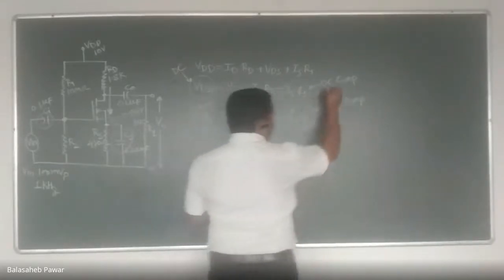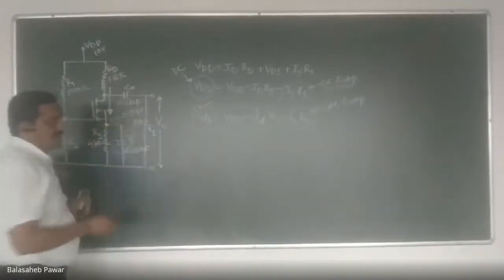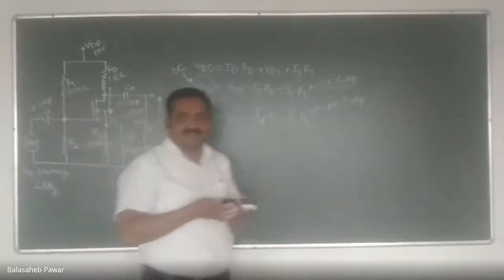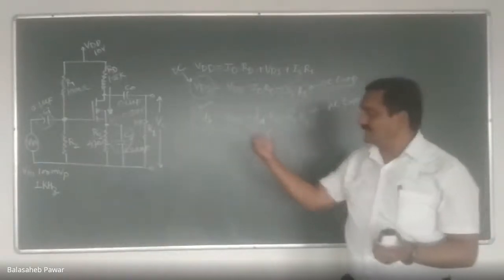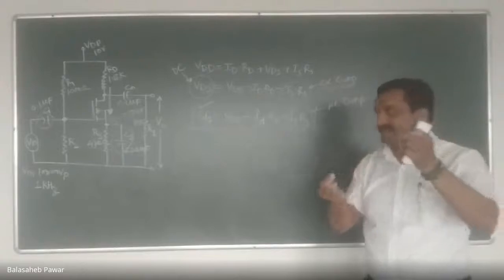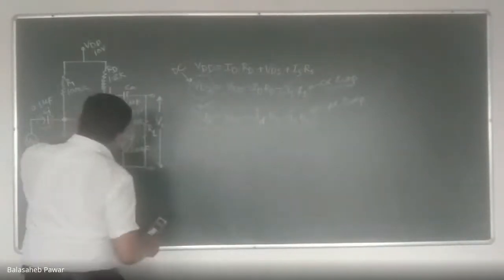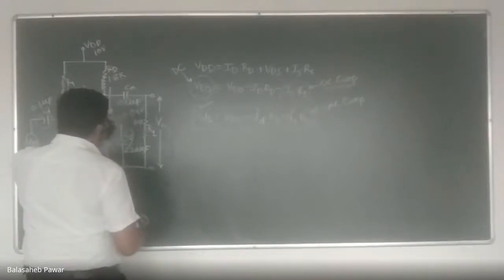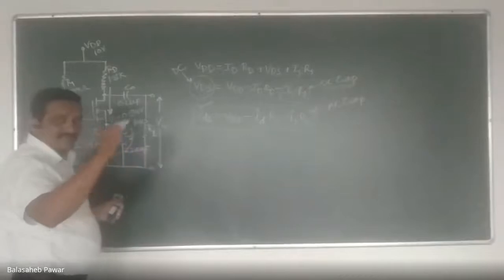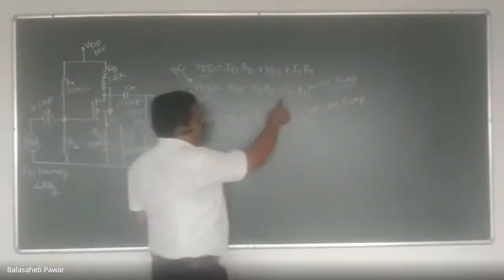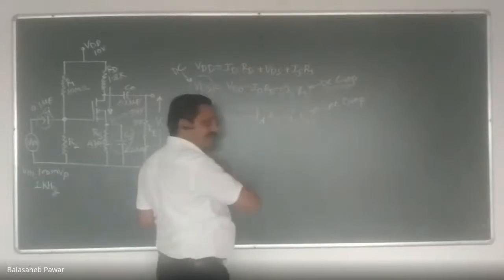This DC voltage drop is helpful to bias that transistor at the center of the load line, being an amplifier. Then we can say there is this much VGS. VGS is nothing but the voltage at gate with respect to source. And how much is the voltage at source? To set that VGS as VGSQ, this is nothing but capital IS into RS. And that's why there is a need for that RS.